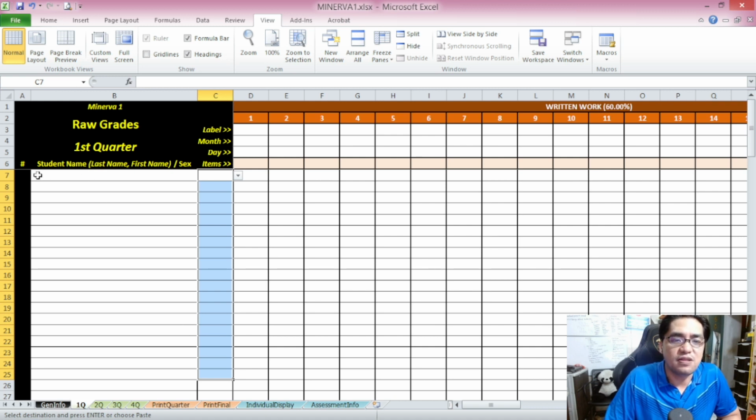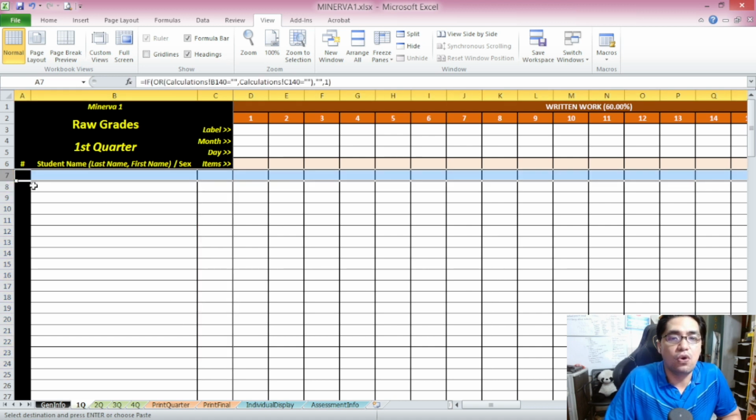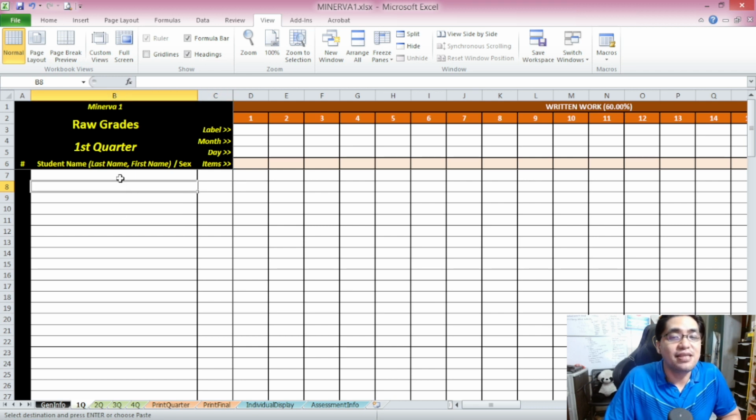So please take note that the template is not going to consider a row unless it has a name and a sex. So please enter the students' names and sexes over here. Now I need you to know, my dear teachers, that this template has an auto-arranging feature. In other words, no matter how you choose to arrange the students' names and the sexes here, the template will